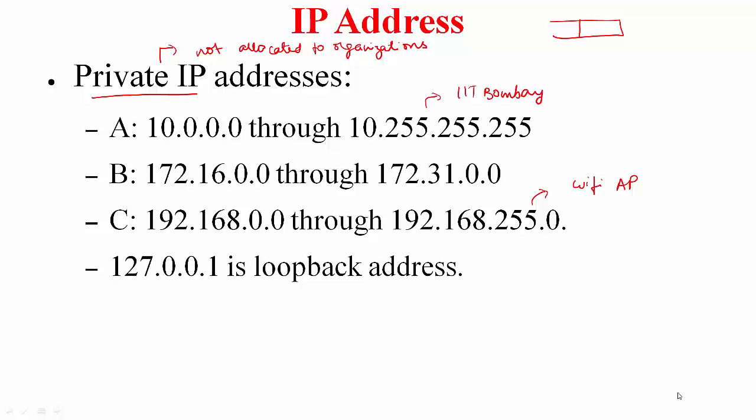So in many places where it is not easy to get a public IP address, why it is not easy, we will see later, in those scenarios you end up using private IP addresses. So that's why we use it at IIT Bombay. Also at times you are given one IP address, the global IP address, as part of your service provider, and you have many devices within your home which you want to interconnect.